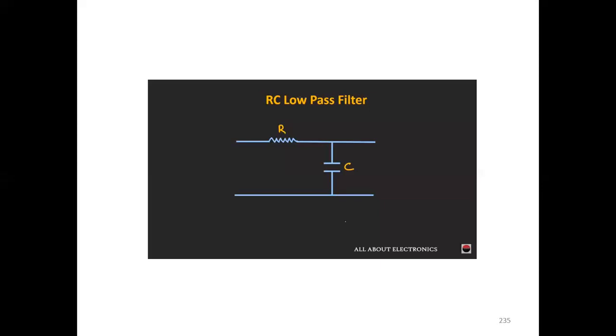Next is the log and anti-log amplifier, then comparators. If you want to take the log of an input signal, we use a log amplifier; for the anti-log of the input signal, we use the anti-log amplifier. Comparators are open loop configurations which compare two signals, whether they are equal, greater than or less than, and the output will be 1 or 0. The Schmitt trigger is a regenerative comparator which generates a square wave at the output, with positive feedback connected to the circuit.